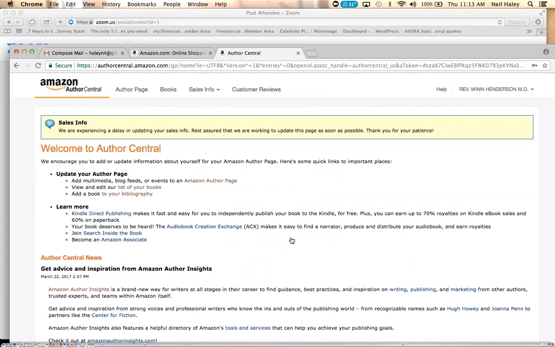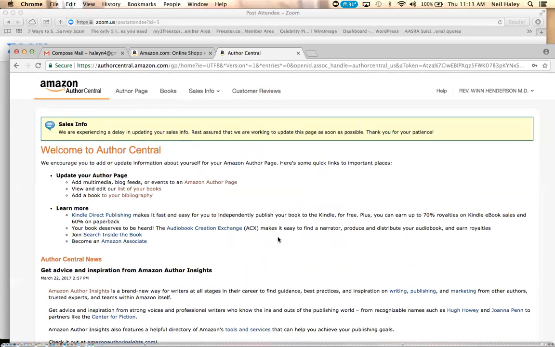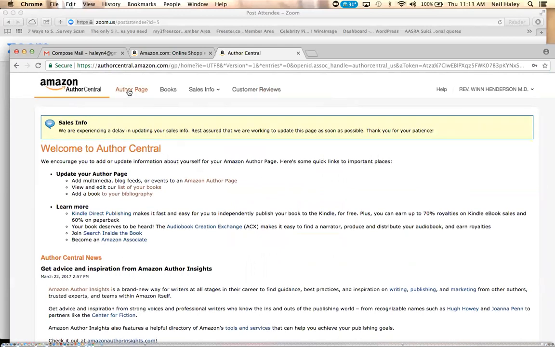Okay, so I told you this is an impromptu training. Once we get into the author page, there's the author page, books, sales info, and customer reviews. We can go in and see how his books are going. You have gone in for Bill's before. This is how we track his sales. We've also written a biography for him on there. We've linked to his website.